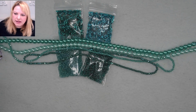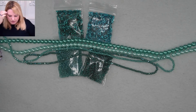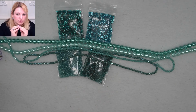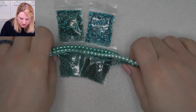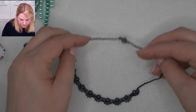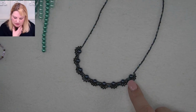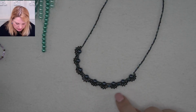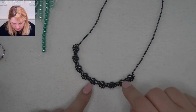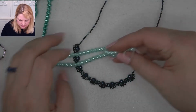These are really pretty. How many does each kit make? Anyone know? Each kit will make you about 13, depending on what you do. This kit goes a very, very long way, because you've got all of those beads in there. If I bring in a necklace that has only a few little lacy effects at the front, you only use 9 of your pearl beads, and on the strand I think there are about